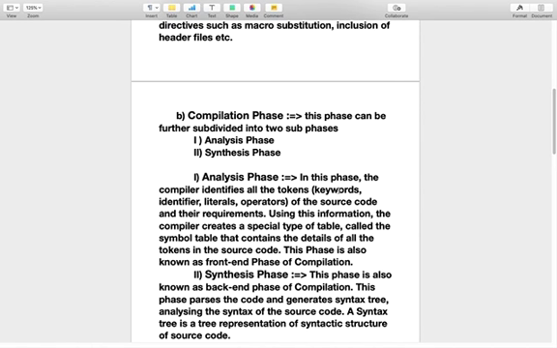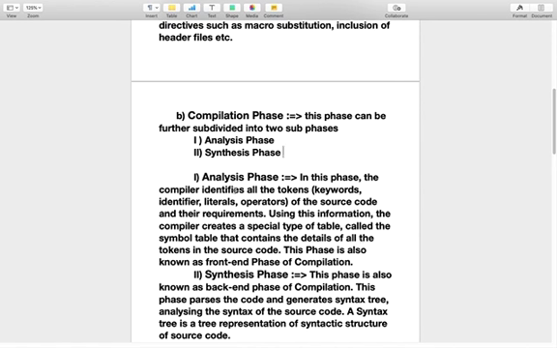Tokens means keywords, identifiers, literals and operators that are used in the source code, and their requirements. Using this information, the compiler creates a special type of table called the symbol table that contains the details of all the tokens in the source code.